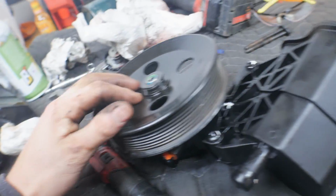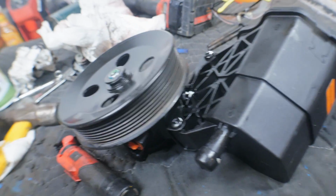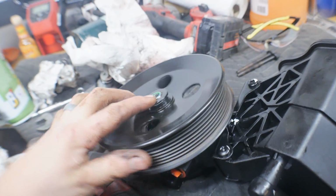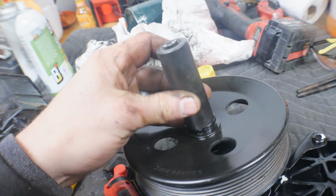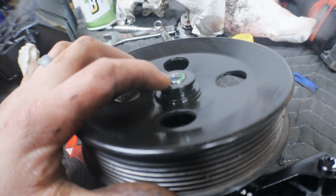Put the new pulley on. We just took a hammer, again sprayed some WD-40 on the shaft, and gently tapped it on. As soon as it became flush with the shaft, we took a socket just a little bit bigger and tapped it a little bit further down, just past the flush mark like the original one, and